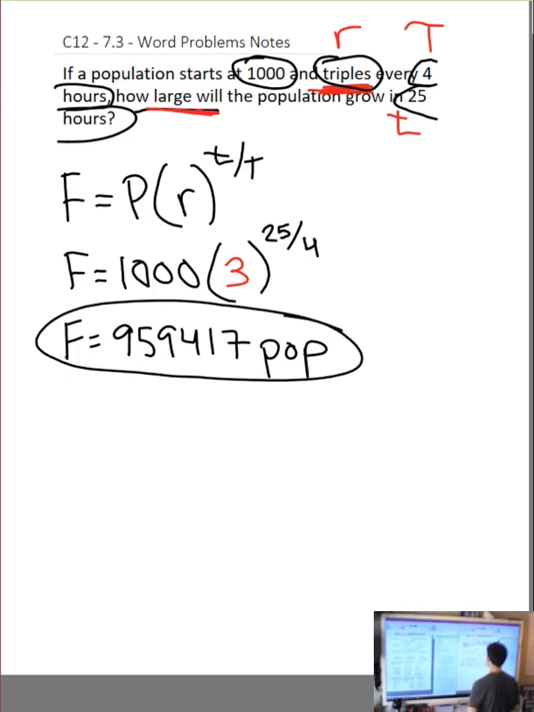A little logic check. We have 1,000. We're tripling every 4 hours. So in 25 hours, how many triples will that be? Well, 24 goes into 25 about 6 times. So we're going to triple about 6 times. So we're going to start off with 1,000. Then if we triple, after one tripling time, we'll be 3,000. Then if we triple again, we'll be 9,000. Then 27,000. Then 81,000. Then 240,000 or so. And then if we triple again for the 6th triple, approximately, will be about 750,000, which is incredibly close to